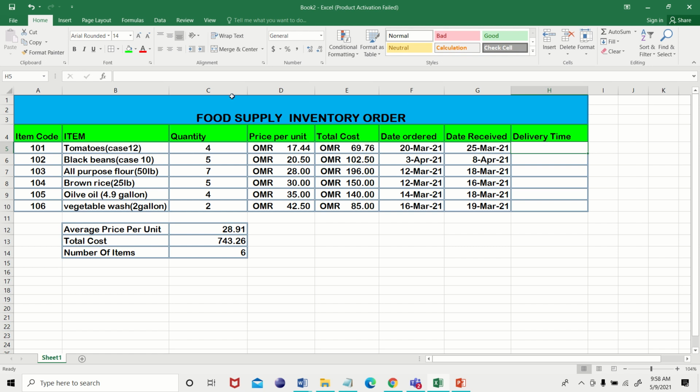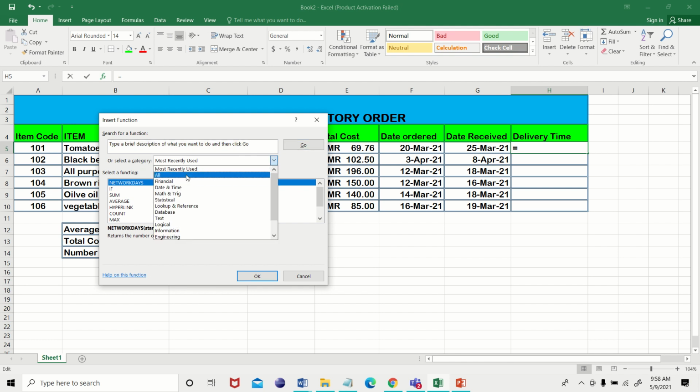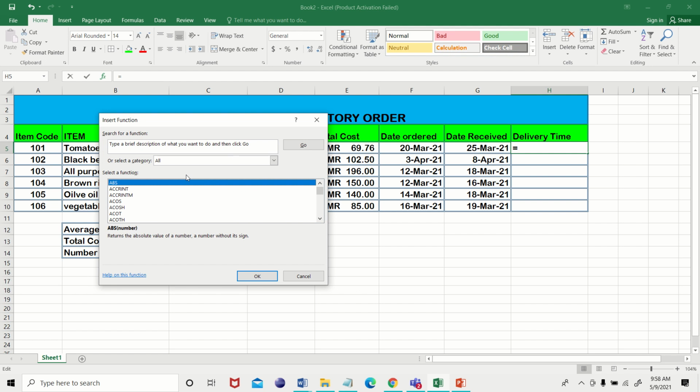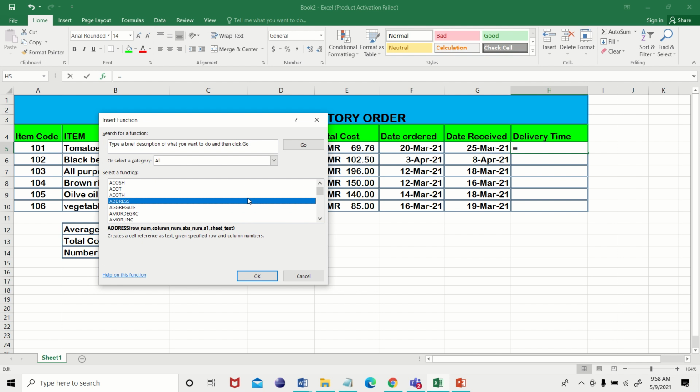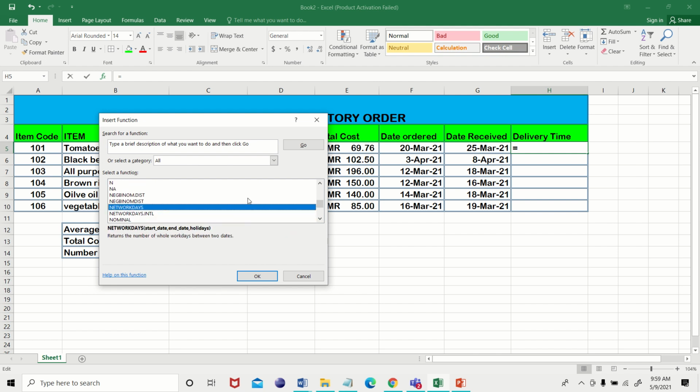Go to the delivery time, click on the FX. Here you will have many functions. So first thing, go here and choose all. If you choose all, the functions will be displayed over here. Now we will look for NETWORKDAYS. So just click here, press N and go down. You will get NETWORKDAYS.